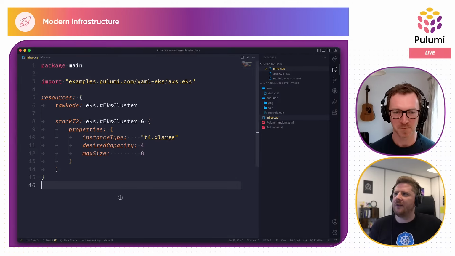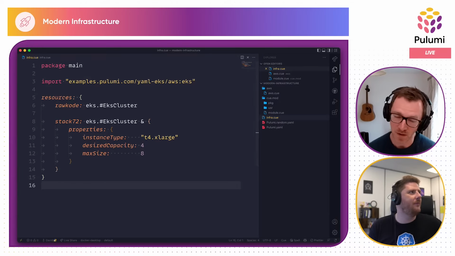Is there anything else you want to cover from this example? No, I think this is a really good starting point for people in terms of understanding how Q can be used. You saw some of the language syntax benefits there of using Q versus YAML or JSON, if that's something that you prefer. We saw some of the reuse components via the importing of packages. We saw some of the schema and validation aspects via the use of definitions. And you showed seamless integration with the new YAML support in Pulumi, which shows how Q can interact really well with existing systems that consume encodings like YAML and JSON. So I think that was really good.